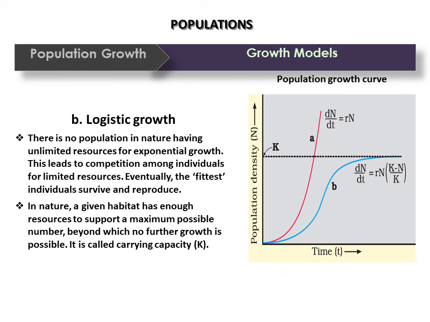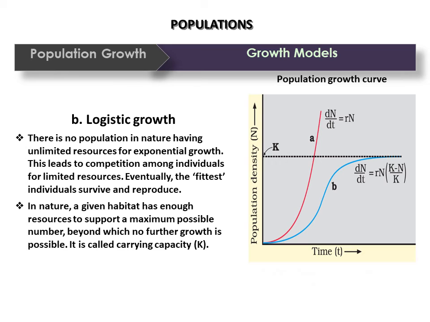Now moving ahead to the second growth, that is the logistic growth. So logistic growth will only happen when there is competition between the individuals of a population for food and for space. So the fittest organisms survive and reproduce. This type of growth initially shows a lag phase. So just look at the blue graph on your screen. There is a lag phase in the starting, then you can see the acceleration, and then you can see the deceleration. That means it is actually descending. So this is called the S